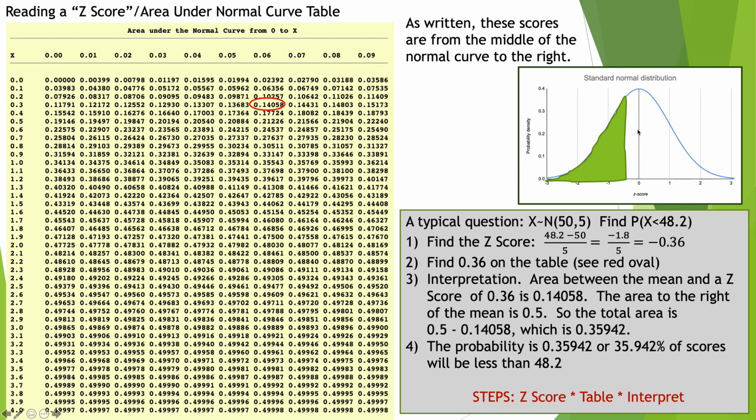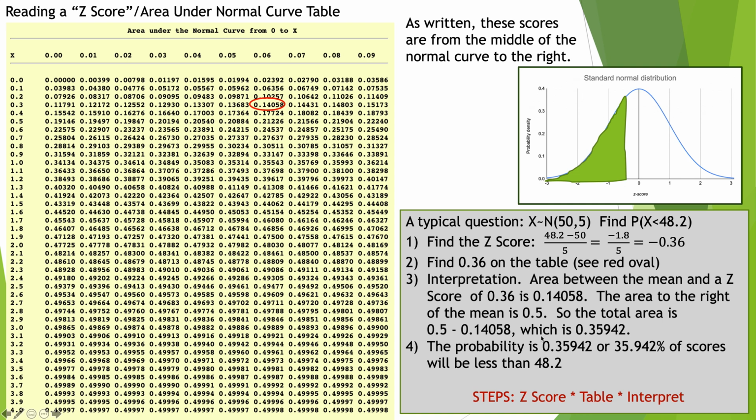So this time I'm going to subtract off that 0.14058. Whenever I'm to the left, I subtract off because I'm not covering that open white area there. So when I do that subtraction, I'm going to get 0.5 minus 0.14058. That gives me 0.35942, which means about 35.942% of the scores will be less than 48.2, or from a probability point of view, the probability the score is less than 48.2 is